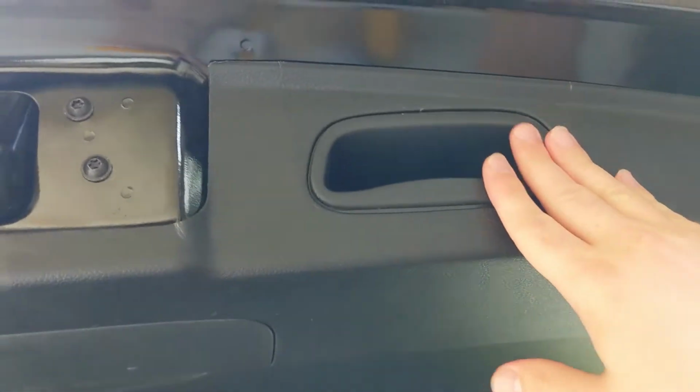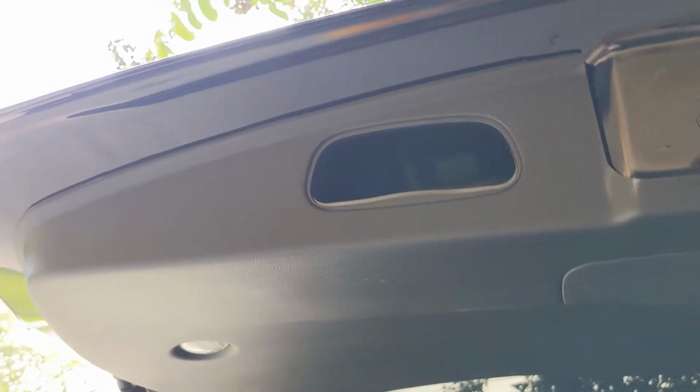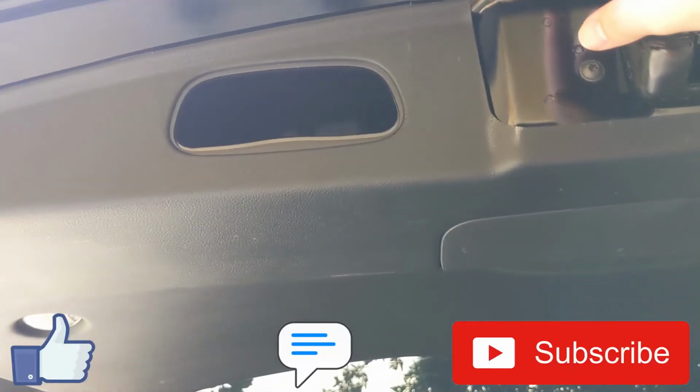And then that's it, guys. So the hardest part is getting the right light bulb, which I'll link down below, and then replacing that far light bulb on each corner was the biggest pain. But that's about it. Upgrading your reverse lights